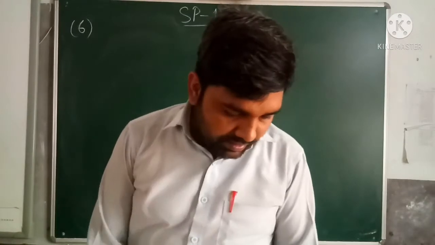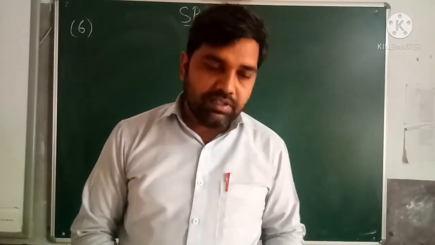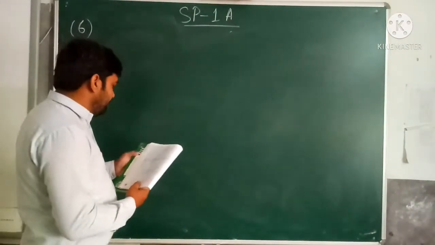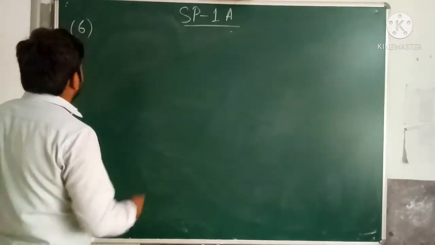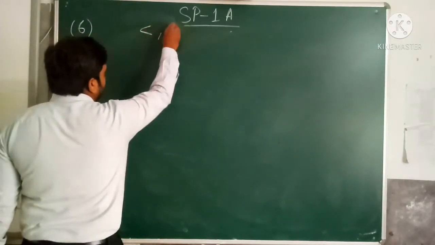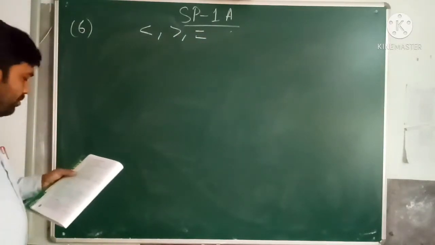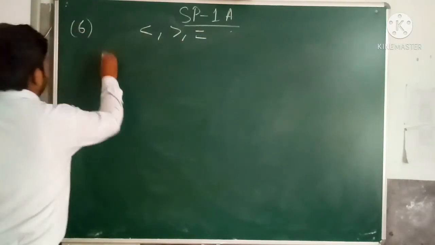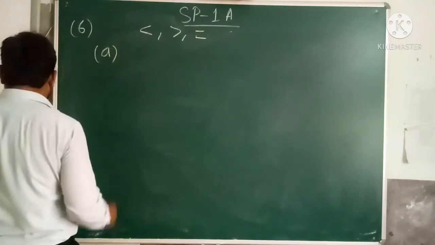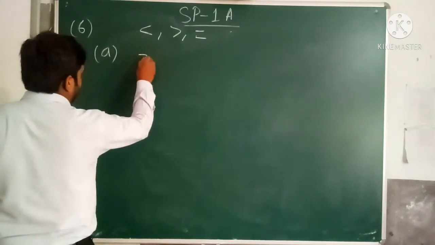We have to compare the given integers with the help of the sign of inequality. Which sign? Less than, greater than or equals to. With the help of this sign of inequality we have to compare the integers. So see 6a, first question, 35